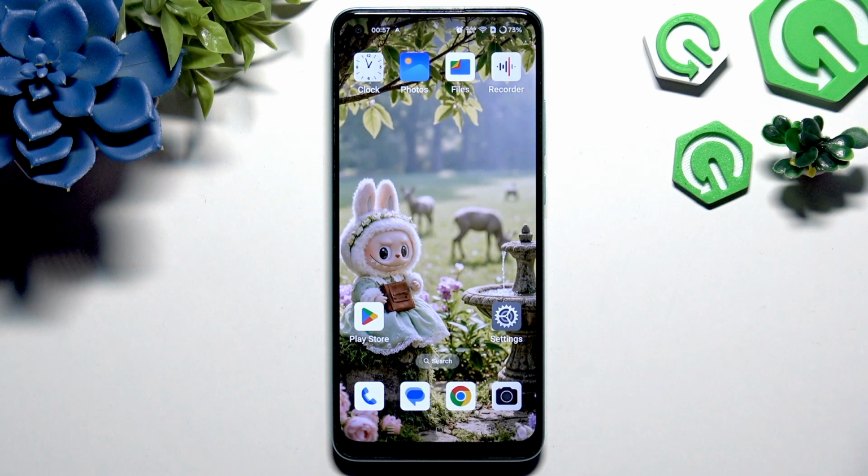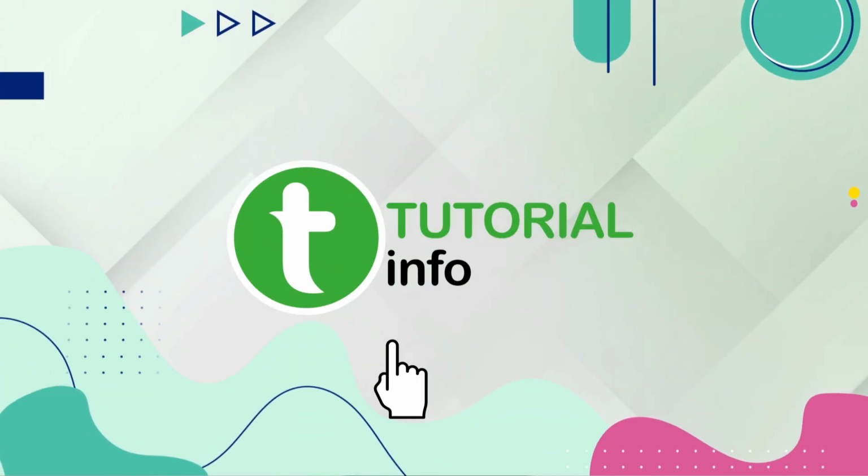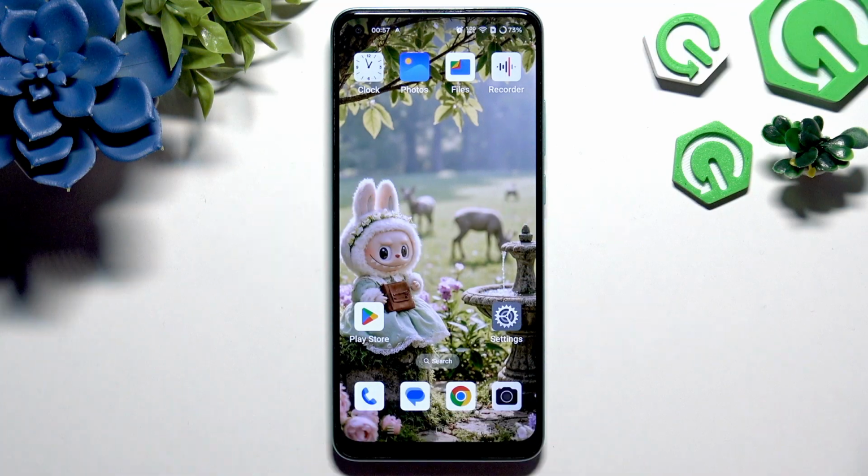In front of me is OPPO K10x, and today I would like to show you where you can locate all text correction options. Text correction options contain a lot of helpful features like spell check or block offensive words. The only problem is they are really difficult to find, so if you want to locate them on this OPPO,